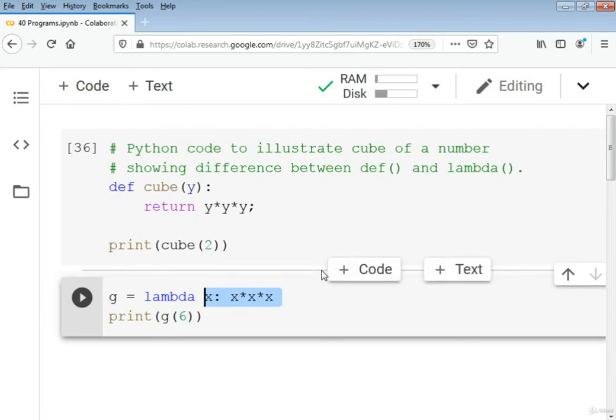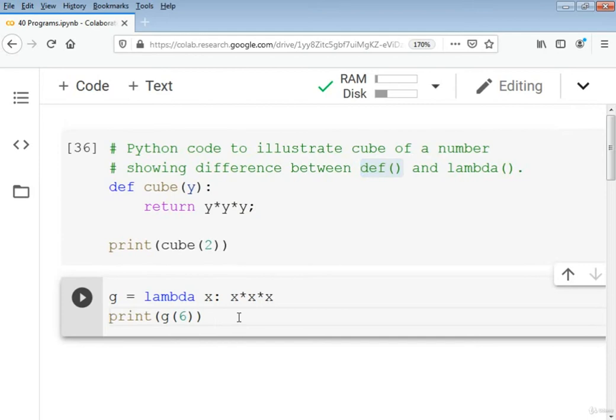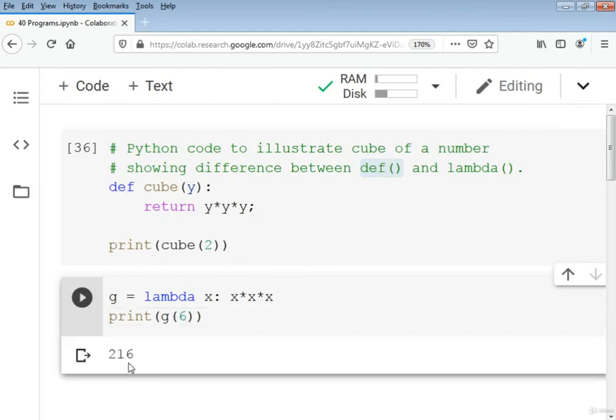We can also put a lambda definition anywhere a function is expected, and we do not have to assign it to a variable at all. We don't need to assign it to a variable. So this is the simplicity of the lambda function that makes it unique as compared to this one. So the lambda function is quite interesting and different.